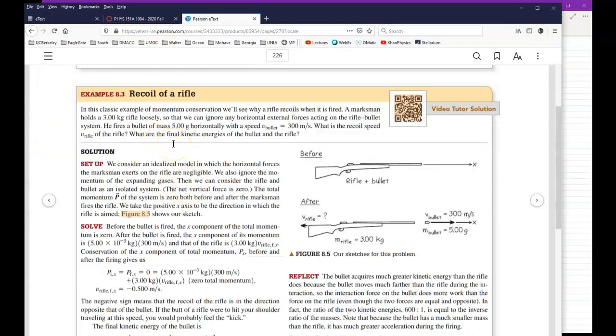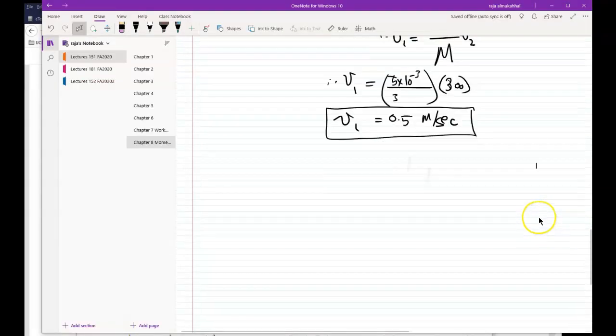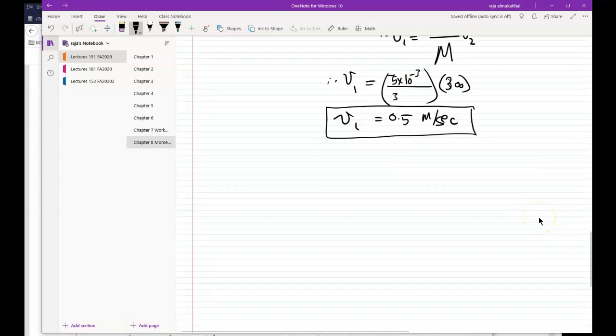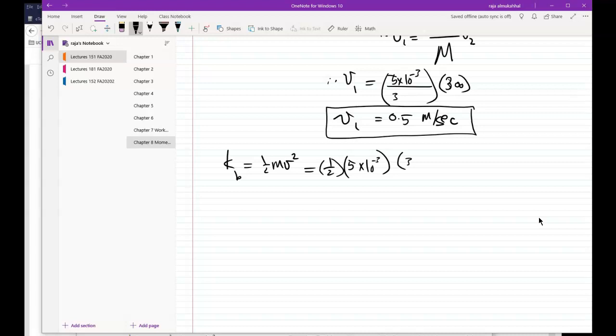The second part of the problem says, what are the final kinetic energies of the bullet and the rifle? Okay. All you need to do is just calculate the kinetic energy. K for the bullet is 1/2 m v squared. Just calculate it. So 1/2 times the mass of the bullet, 5 times 10 to the negative 3, times the velocity we found to be 300 squared, and we can calculate that. I'm just going to get the answer from the book. It's